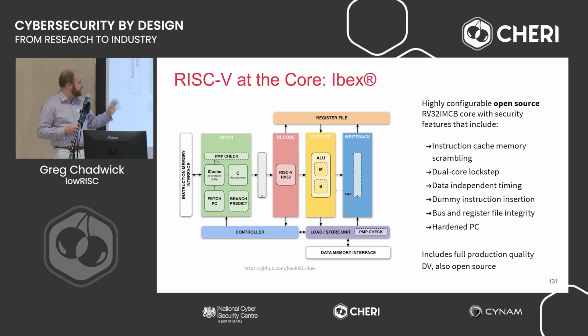I'm just going to zoom in on one part of the OpenTitan project, which is the Ibex RISC-V core. This is an open source core. It's for embedded, low-end use cases. It's got a variety of features, including a bunch of security features, because it comes from OpenTitan, a security chip. But crucially, it also includes full production quality DV, which is also fully open source. So people can actually verify for themselves that our design is sound by looking at all of our test suites